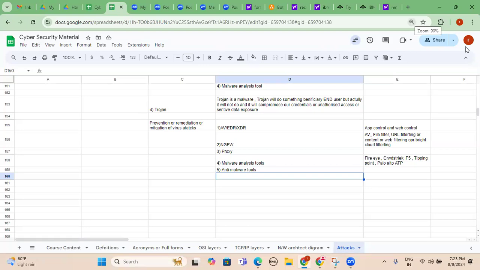Right now I can't show an EDR tool because I have to register with either CrowdStrike, or maybe Sophos, or Sentinel-1, or Carbon Black. I will try to register today or maybe tomorrow. I can show those tools as well in parallel, whatever we discuss about the malware category of attacks. And since the firewall is freely available as a free demo tool, right now I can go and show whether these options are available or not.